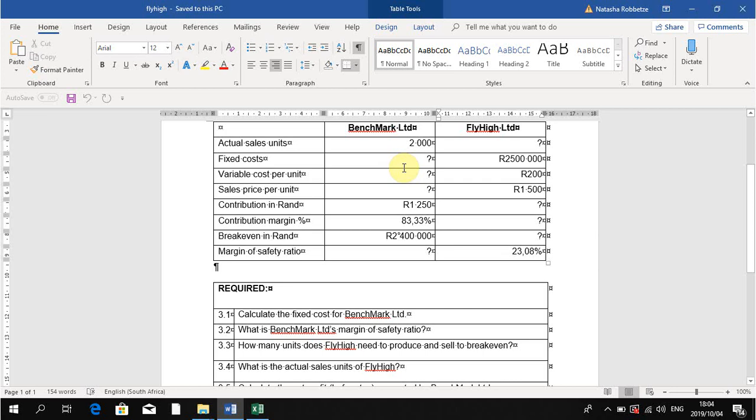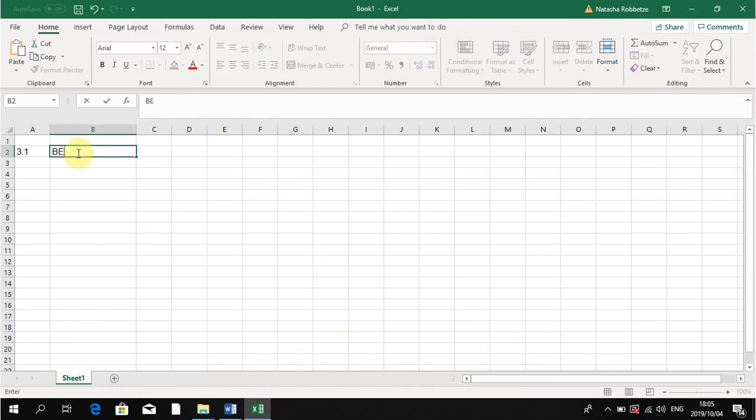So if I look at my contribution, it is not necessarily related to the fixed cost because contribution is normally your selling price minus all your variable costs. Then contribution margin, also not really related, but break even in rand would definitely be related. And then with the contribution margin percentage, we can go and calculate our fixed cost. Because if we look at the formula, they say that break even in rand terms is your fixed cost, and it needs to be divided by the contribution